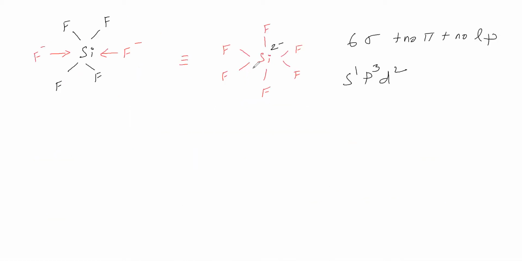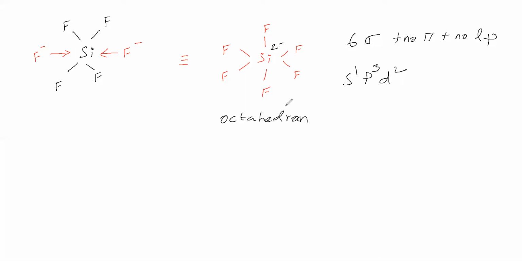So like this we said. The hybridization of silicon in SiF6 2 minus is sp3d2. Here only 6 sigma bonds are there, no lone pairs, no pi bonds. If a lone pair is there, the bond shape will have distortion, meaning irregularity. No lone pairs, therefore no distortion. Only 6 sigma bonds means a perfect octahedron. Therefore, this SiF6 2 minus is an octahedral molecule.